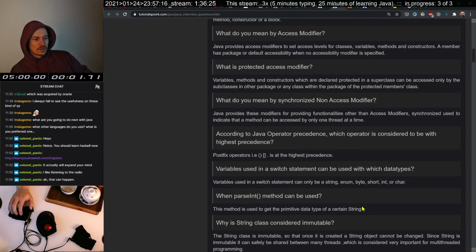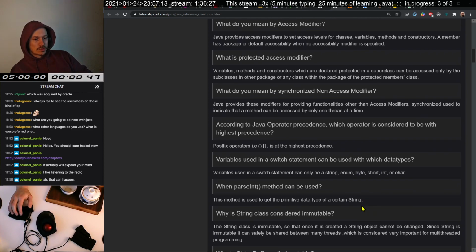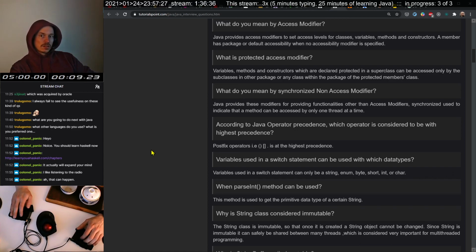Once it's created, a string object cannot be changed. Yeah, immutability safely. And we are out of time. So that concludes this session of Java Torture.